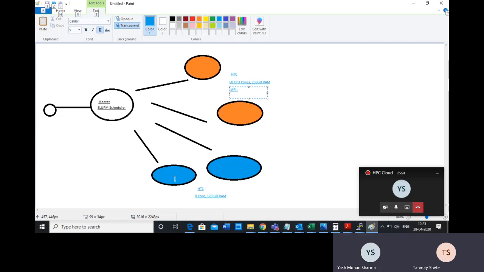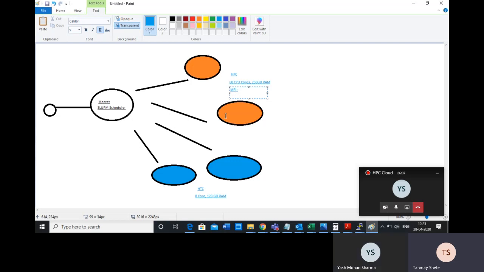Yes. And in Ola, Uber, there are different types of cabs available. Some are big ones, luxury ones, some are small ones. And accordingly, they charge money per kilometer. Here, they charge money per hour based on the type of machine you select. Of course you can understand that the 60 core machines will be charged higher than the 8 core machine, right? Yes.